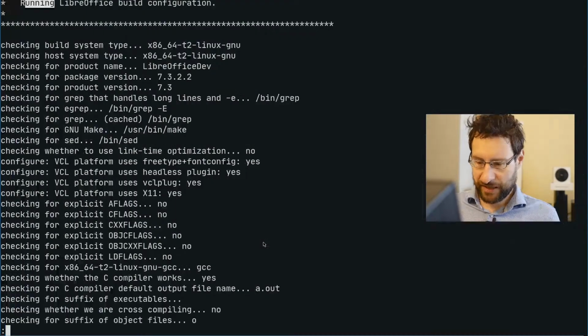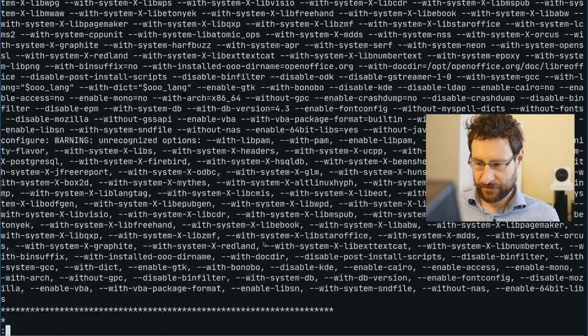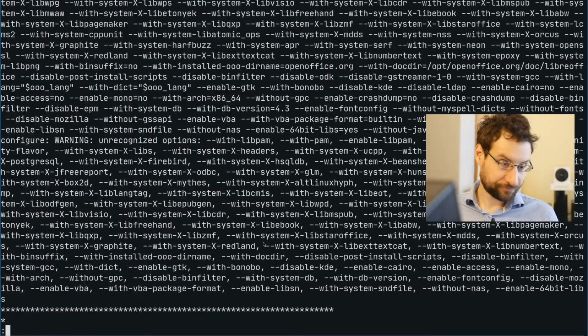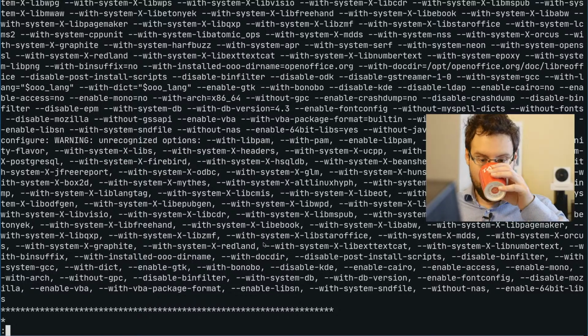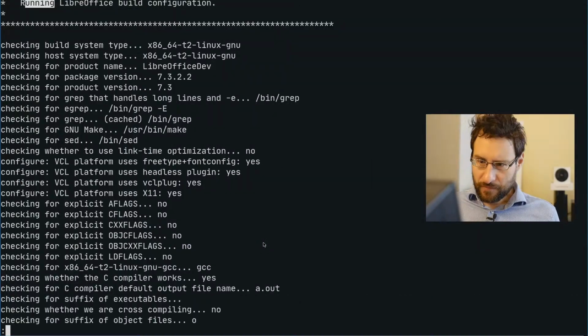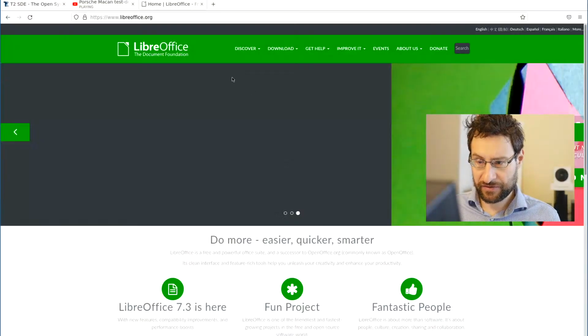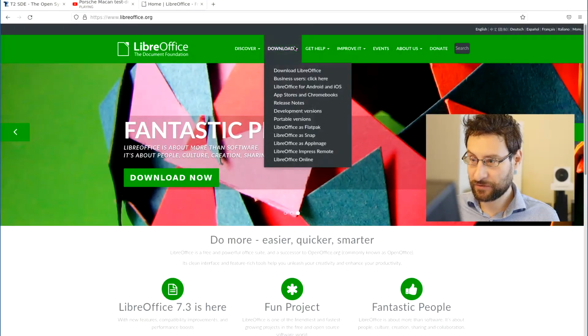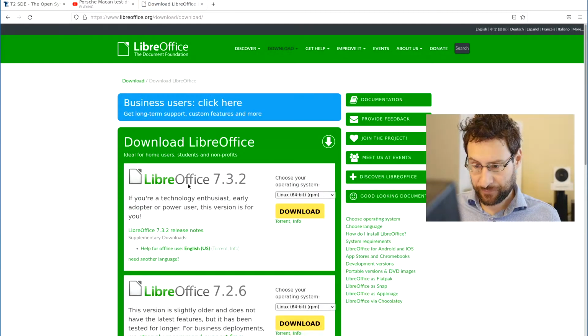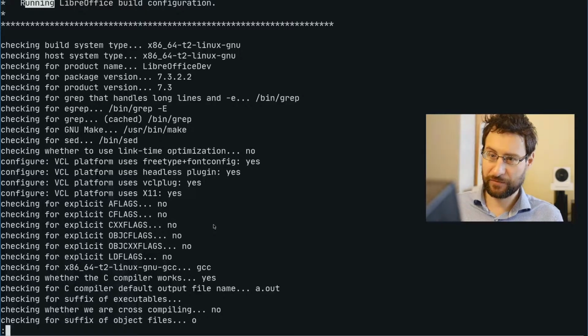And so one thing I noticed, I don't know if we still have the same issue. As I said, I updated this last night. It doesn't build yet though, because it would be too easy. And I slightly wonder, the dev version, I think it was here for download. Is this for home users, students, non-profits? I think this looks stable, doesn't it? Wonder why it says stable though. I don't see immediately that it would be a development version.